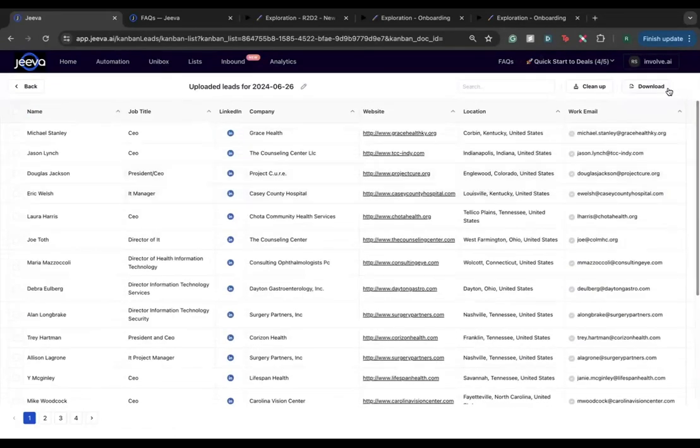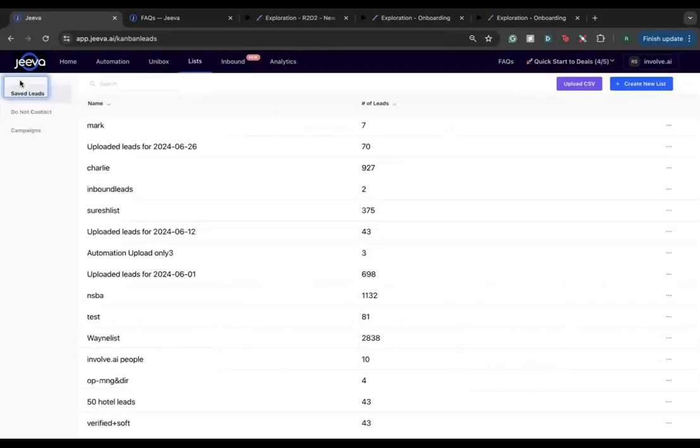You can also download this, export it, and clean it up in case you have any kind of messy data. So what cleanup does is, the required columns throughout Jiva are the name, company, and email address when you want to put them in an automation. So in either case, if any of these columns have messy data or null values, if I click on the cleanup option, it's going to clean everything up for me and make sure my data is clean and complete. So that's what saved leads under a list section.